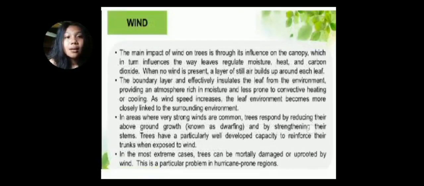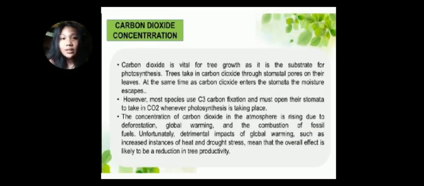Next, carbon dioxide concentration. Carbon dioxide is vital for tree growth as it is the substrate for photosynthesis. Trees take in carbon dioxide through stomata on their leaves. At the same time, as carbon dioxide enters the stomata, moisture escapes. However, most species use C3 carbon fixation and most often open their stomata to take in carbon dioxide whenever photosynthesis